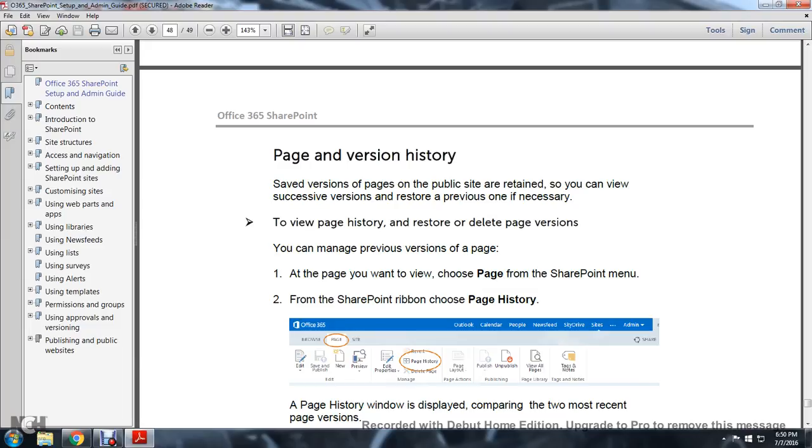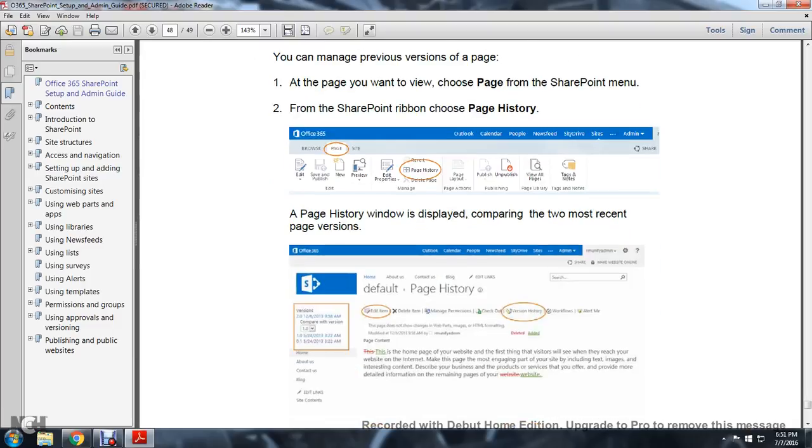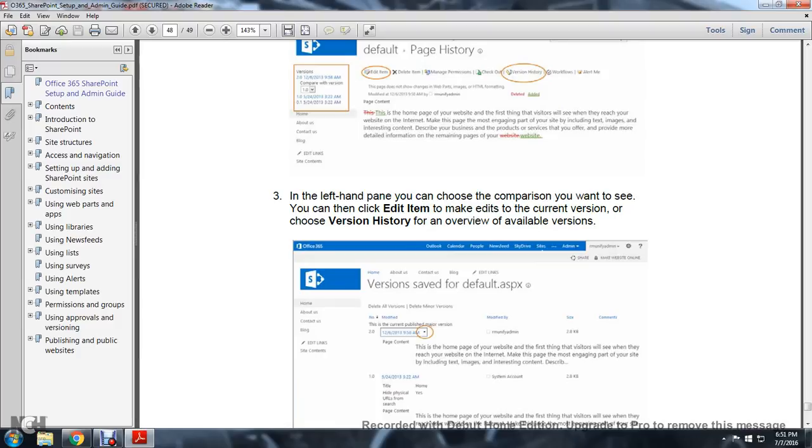To view page history and restore or delete page versions, you can manage the previous versions of the page. At the page you want to choose, choose the page from the SharePoint menu. From the SharePoint ribbon, choose Page History. The page history window is displayed, comparing the two most recent page versions. On the left-hand side you can choose the comparison you want to see, and then you can click Edit the item and make the edit. Choose Version History for an overall view of the